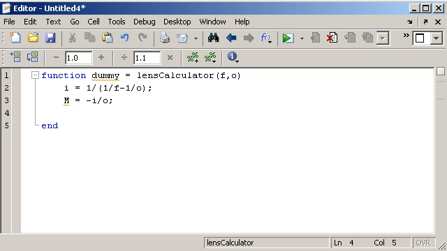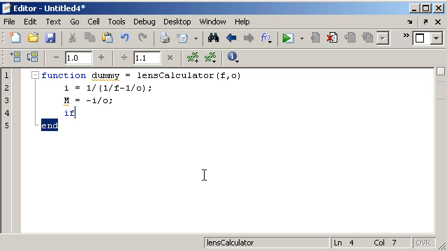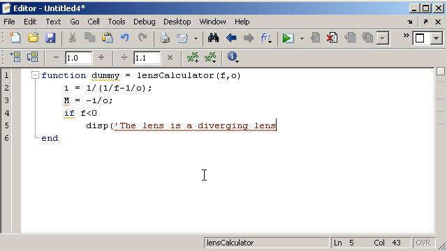Alright. Then what did I say I was going to do? If f is less than 0, so what kind of lens it is. So if f less than 0, display. I think I'll go ahead and do this on a different line. So display, single quote, the lens is a diverging lens, in single quote, end argument,